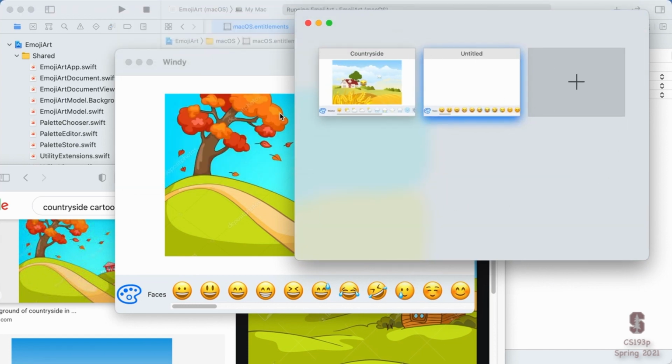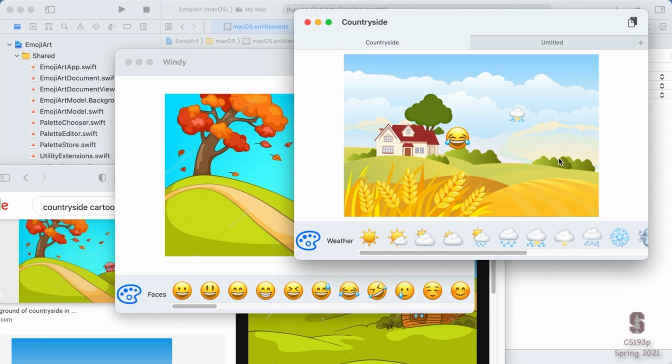It'll let you pick which image you want in the tabs. So it's really quite a powerful user interface for document-oriented apps that you get kind of for free with SwiftUI. And it was pretty amazing too how much of our iOS code was able to just work on the Mac.